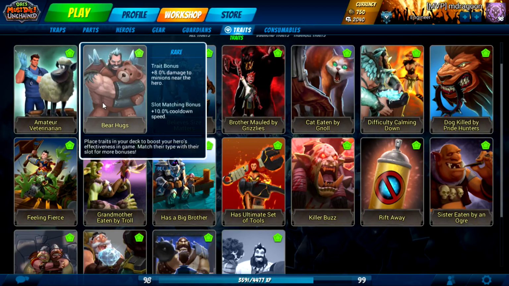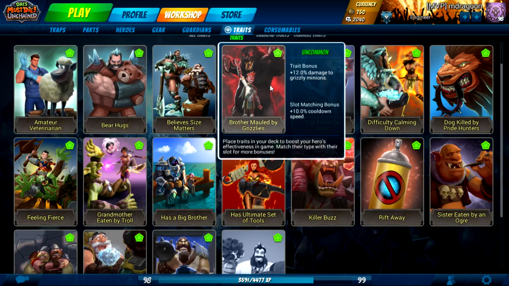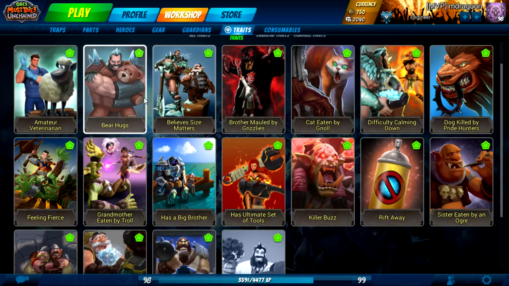But either way, you can max them up for a good amount of damage globally, and then also take, you know, because you have 4 trait slots, additional target specific damage bonuses like Brother Mauled by Grizzlies to deal a lot of damage to Grizzlies, and that would give you around 30% bonus damage to Grizzlies. Now, I believe that these stack additively. I still haven't tested that specifically yet, because if they stack additively, that's pretty good. If they stack multiplicatively, it's even better. But that remains to be determined. Either way,